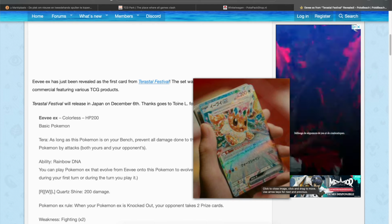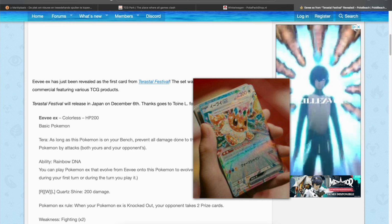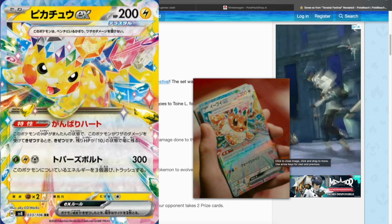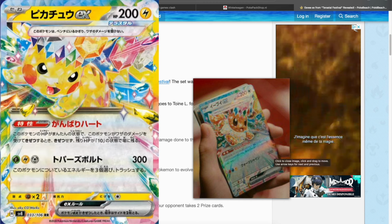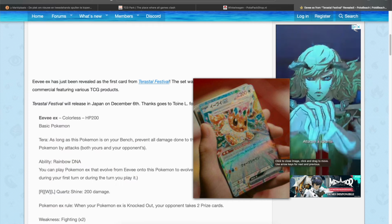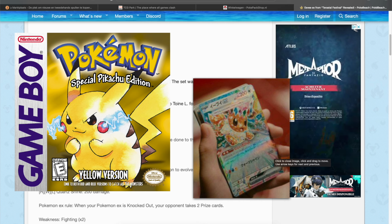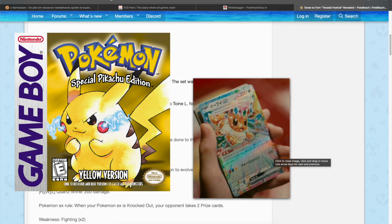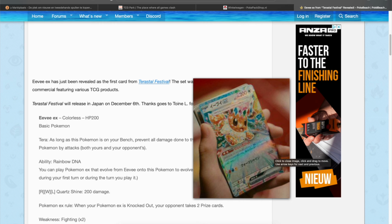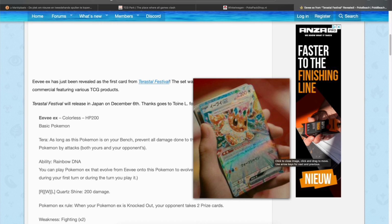I assume there's going to be an SIR for Eevee, as it is the mascot of the set, and this kind of makes me think that this is some kind of counterpart to Pikachu. Not really in the competitive game, whatever, but just to me it gives vibes like in Pokemon Yellow you had the Pikachu as the starter and your rival had the Eevee as its starter. Then you had Let's Go Pikachu, Let's Go Eevee, and this has a similar vibe to it, I think,